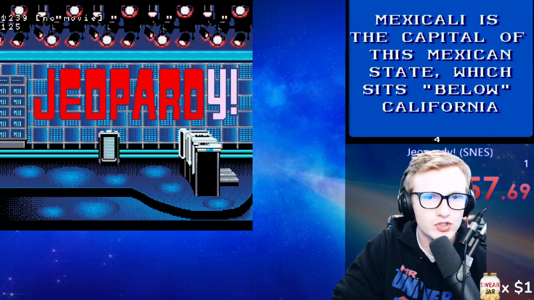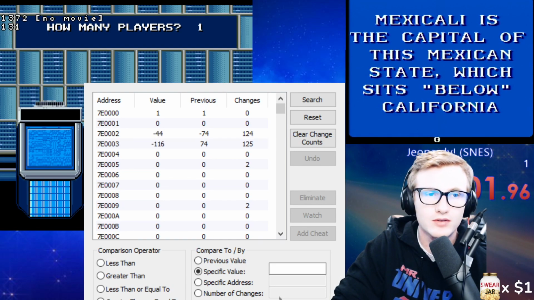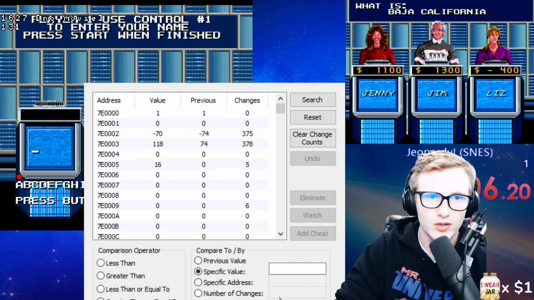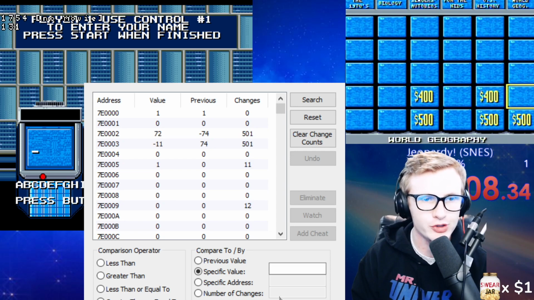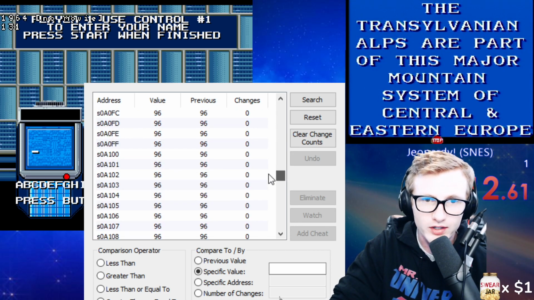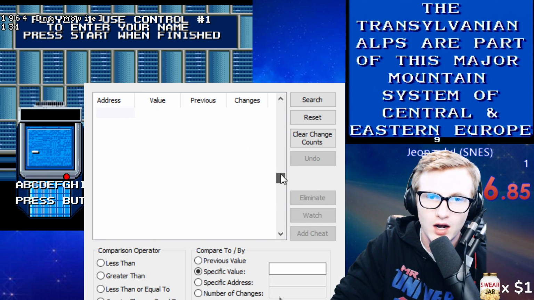Tools, RAM, search. All right, so here's our RAM. As I push start, this is what it normally looks like, where we do 1 player and play against the computer. And then we can enter any name. Now, this is another interesting thing about ROMs. We're going to start by putting our name in the same,